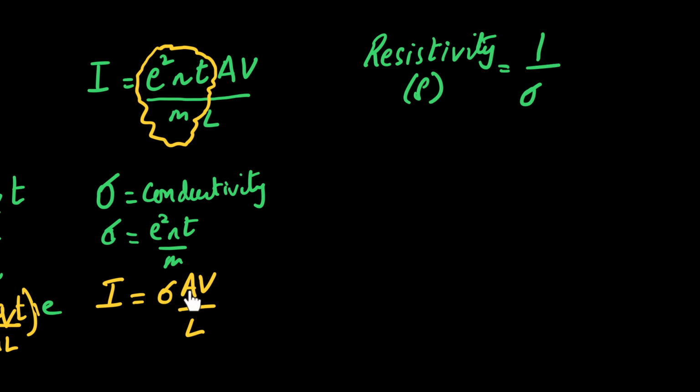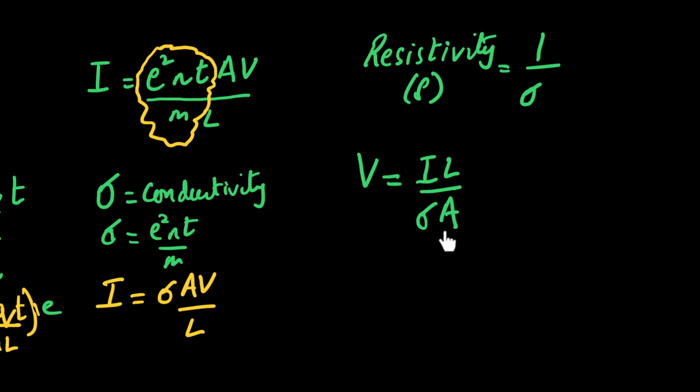If in this equation, I make V the subject of my equation, I will end up getting V is equal to IL over sigma A. V को इधर रखें, L को इधर ले आए, so IL over sigma A, this is what I end up getting. Please have a very good look, because although you might feel a little overwhelmed right now, you're done,